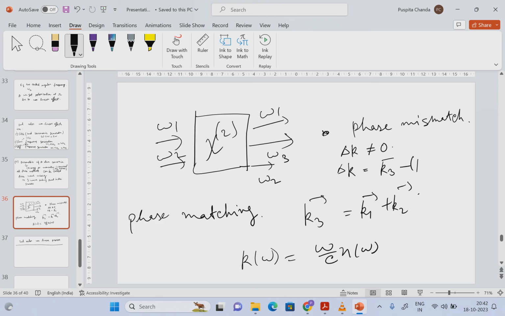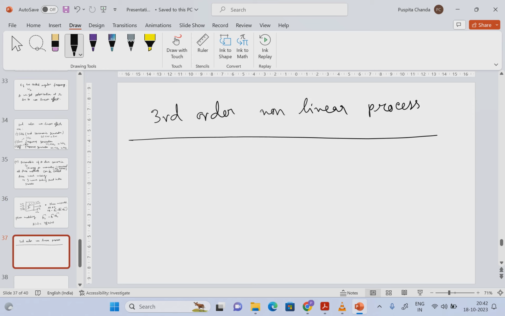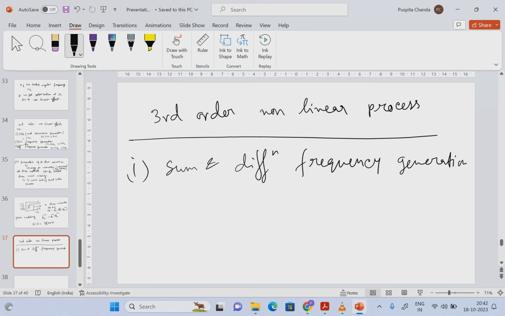Delta k is k minus k1 plus k2. Sum and difference frequency generation, and it is called 4-wave mixing,